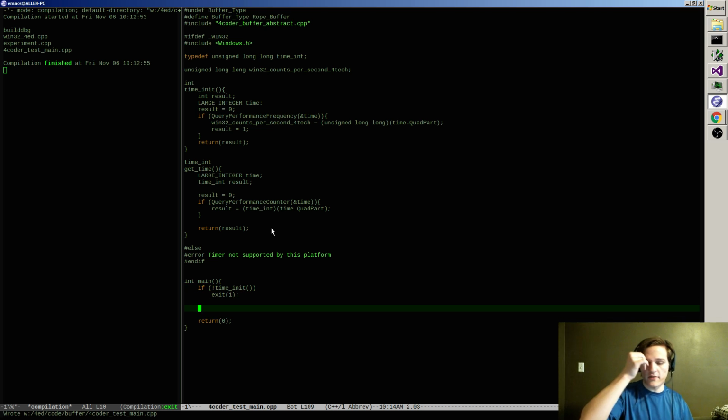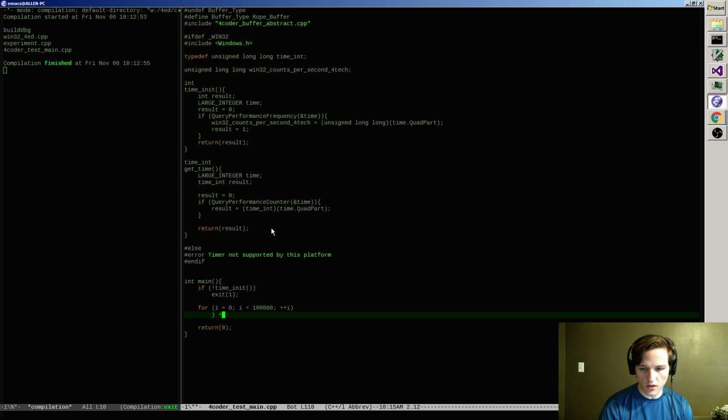Okay, so try to init the time right away, and then I'll set up a test loop. I is less than 100,000, plus plus I, j plus equals I bit shifted down twice.